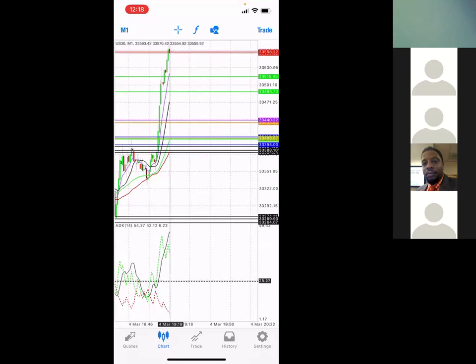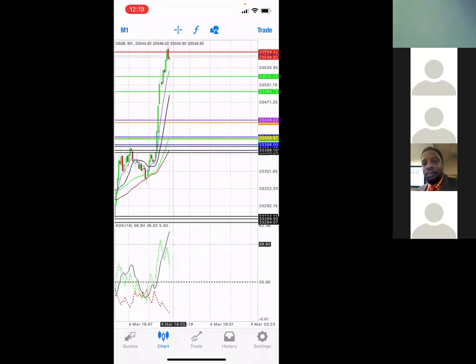Okay. So that gives you the actual momentum. So anytime the black line is above 25, you have momentum. The higher it is, the more momentum you have, as you can see. Yeah. The buy, it's up there, and it happens in real time. So you see the red going down, you see the green pointing down, right? Yeah. So it happens in real time. That's why I like the 1 minute a lot.